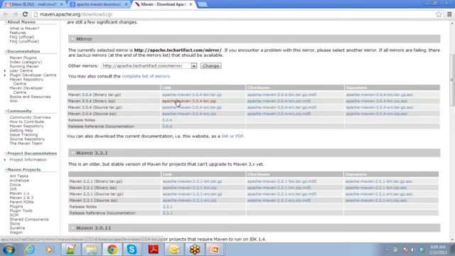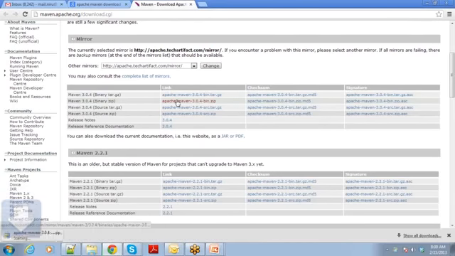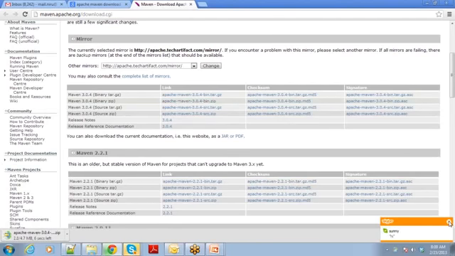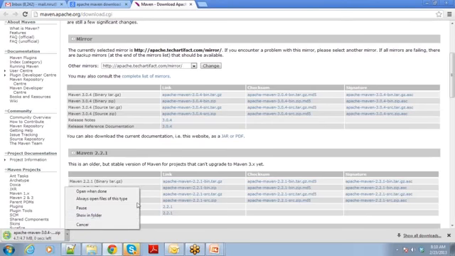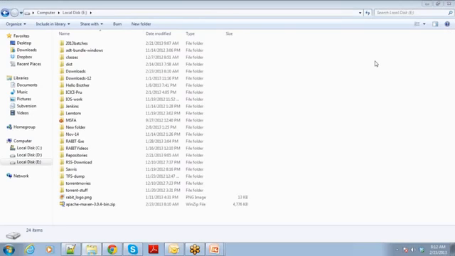So just click on this. It will just download things for you. It will set it up in a few seconds. So it's downloading the stuff. Okay, now just go ahead and extract it into a location.